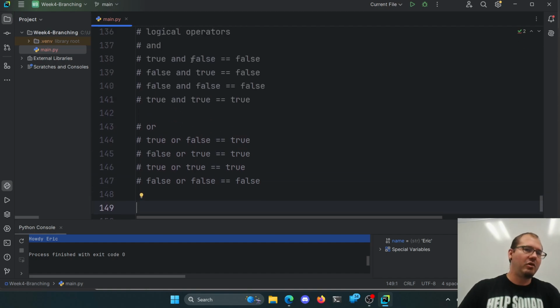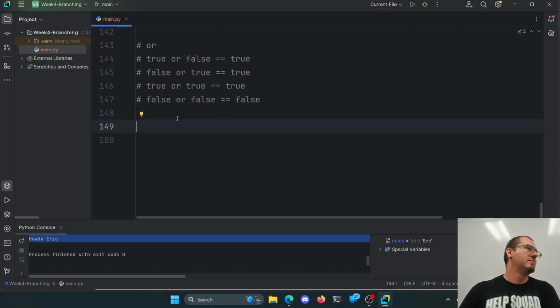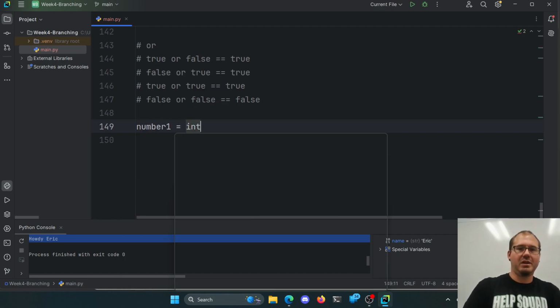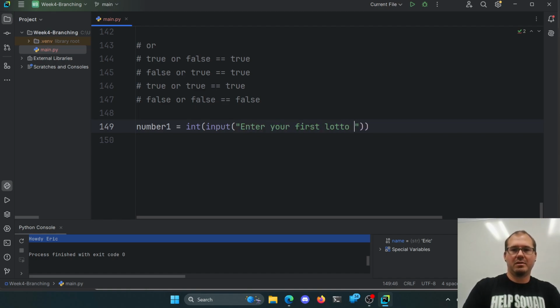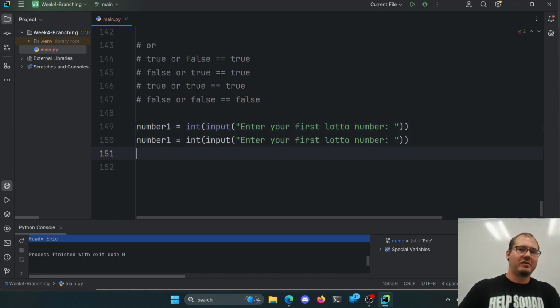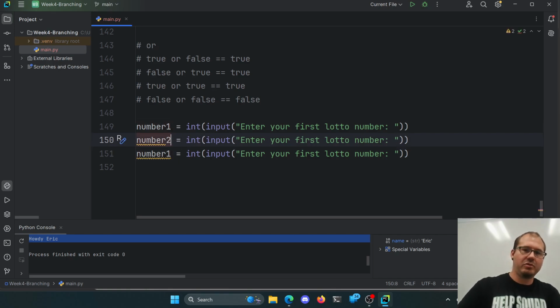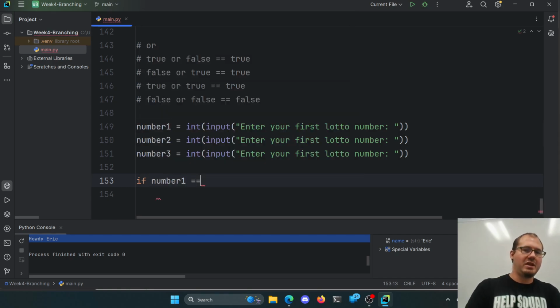So we can combine all sorts of fun statements here if we wanted, right? Maybe we'll check. We'll have them enter some numbers here. So we'll have number 1 equals an int of an input. Enter your first lotto number. Right. I'm just going to do this 3 times, because otherwise it just gets to be kind of silly here. We'll do 3. Number 1, 2, and 3, and then we can say, hey, if number 1 is equal to